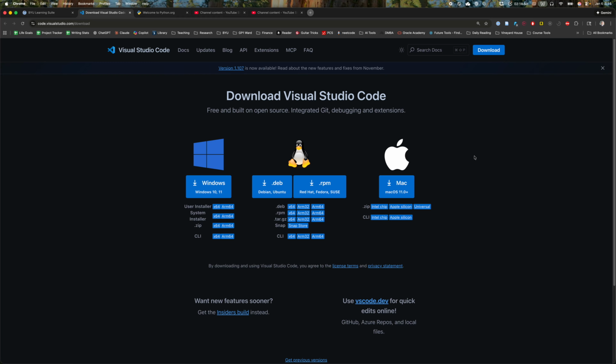Hey, so this is just a quick tutorial for Mac users on installing Visual Studio Code. This is the program we're going to use that makes it a little bit easier to write and also debug the Python code that you'll write in this semester. So once you go to this link that I'll give you,